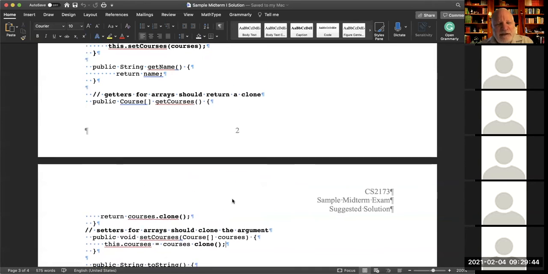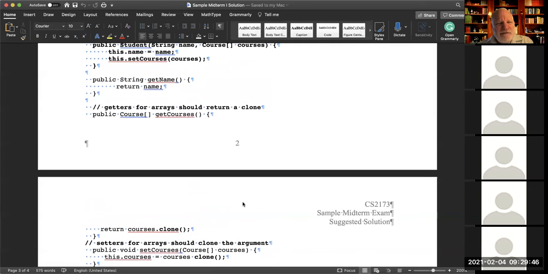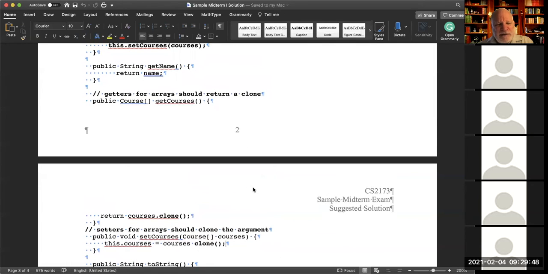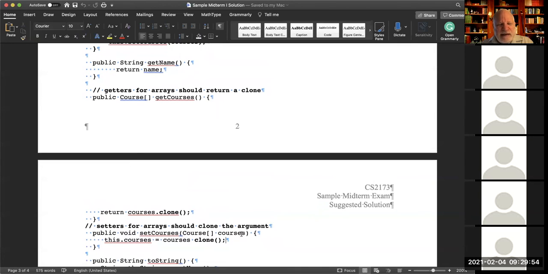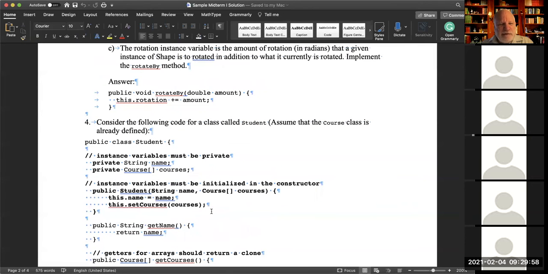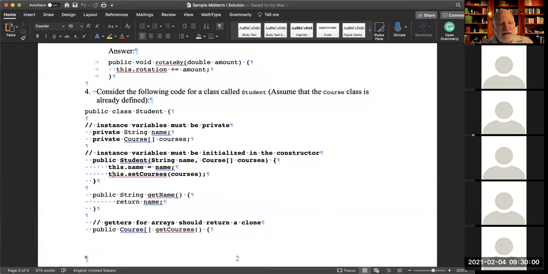Okay, but really the takeaway is, if you have any argument that's an array that gets passed in to a method, then that should always be cloned. That was also true up here in the constructor. You notice that even the constructor called the setter method. Why?